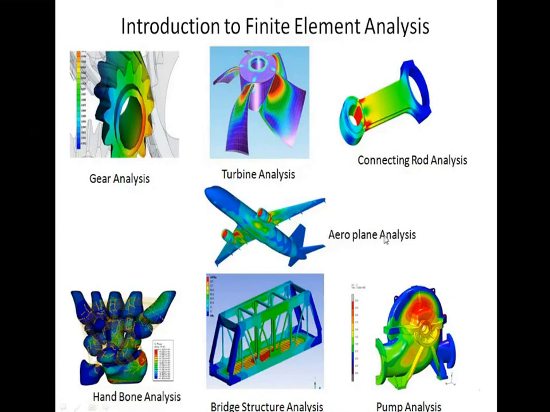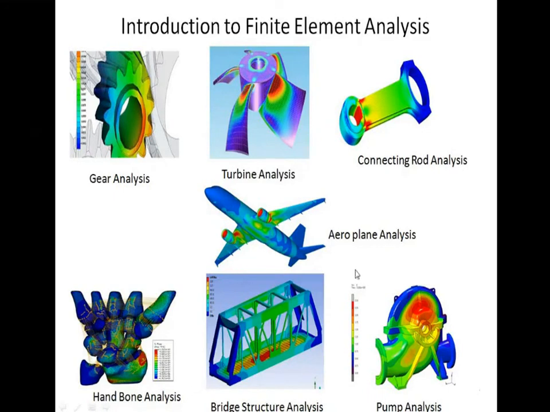Then aircraft or aerodynamic analysis, which we have already talked about. It is used to analyze the aerodynamics of the aircraft or aircraft wings. This shows a particular aeroplane under aerodynamic analysis, with different color contours showing the intensity of deformation or pressure. Then it can be used in biomedical applications, such as human bone analysis, such as fracture of the bones or how the bone assembly inside the hand can behave under critical conditions, or where the failure has occurred. That can be analyzed using finite element analysis.